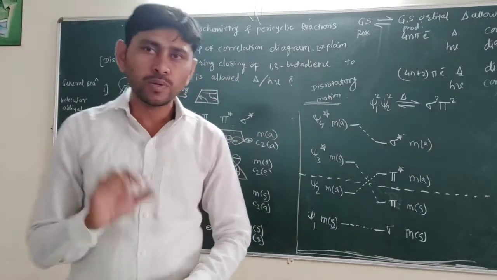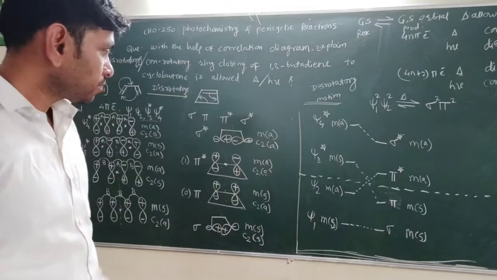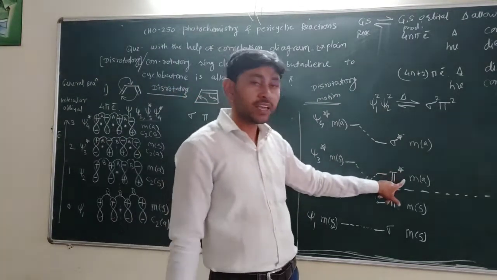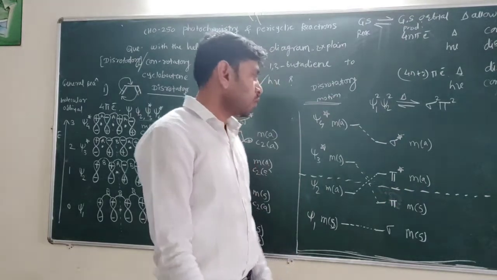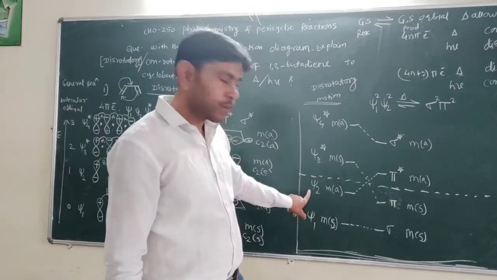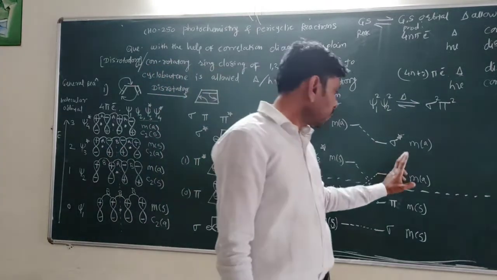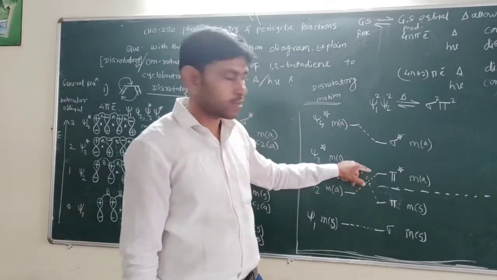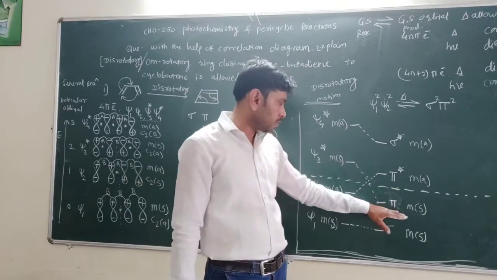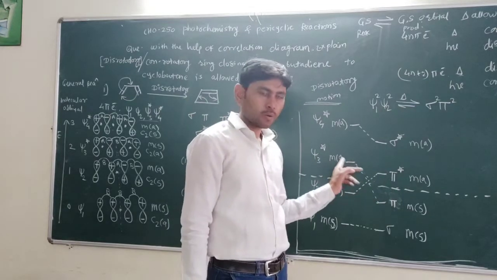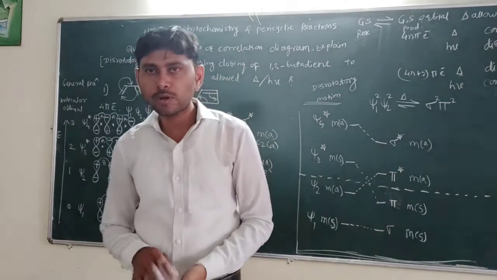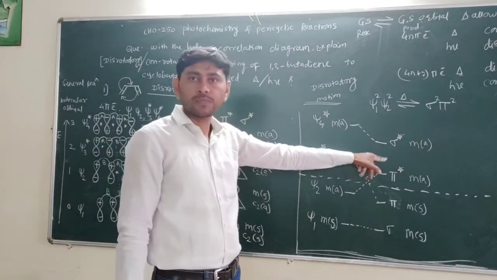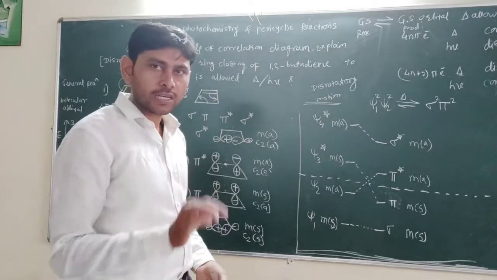So this correlation. So what is our observation here? What can we observe? These are ground state orbitals. The ground state orbital of reactant is correlated with the first excited state of product. Similar condition here: the first excited state of reactant is correlated with the ground state orbital of product. And when there is a relation between ground state and excited state, there is a correlation between ground state and excited state.